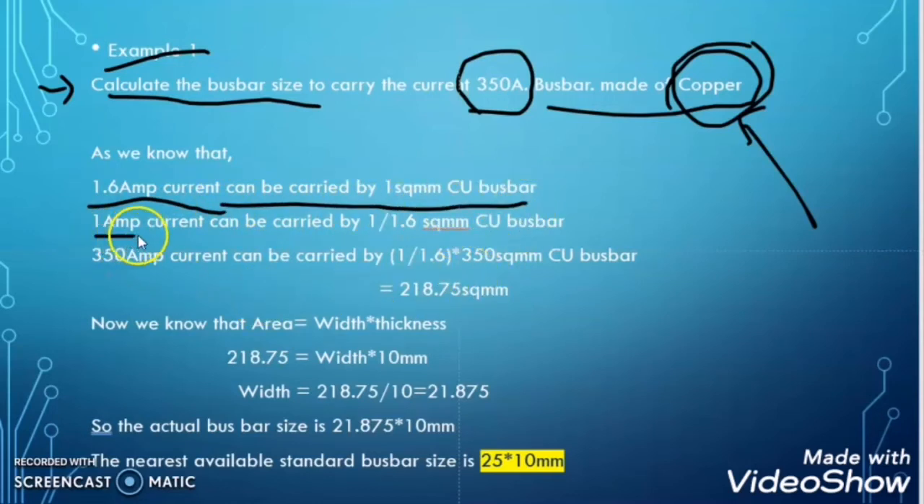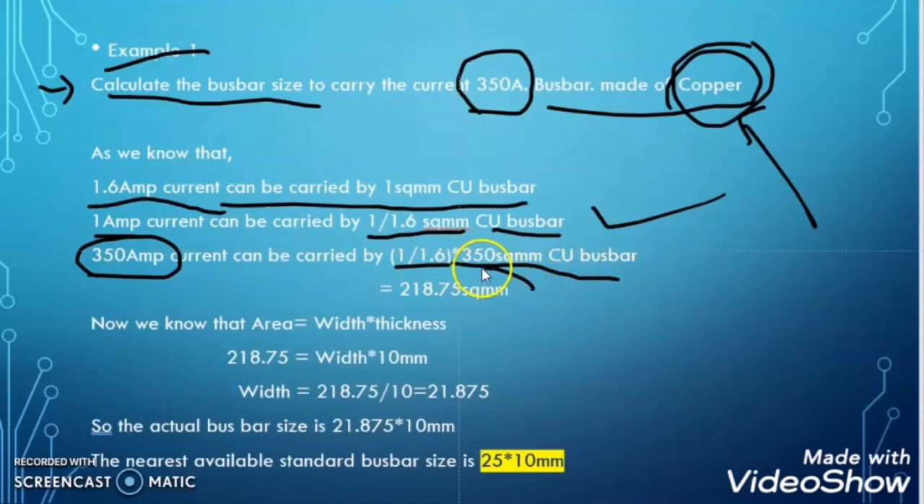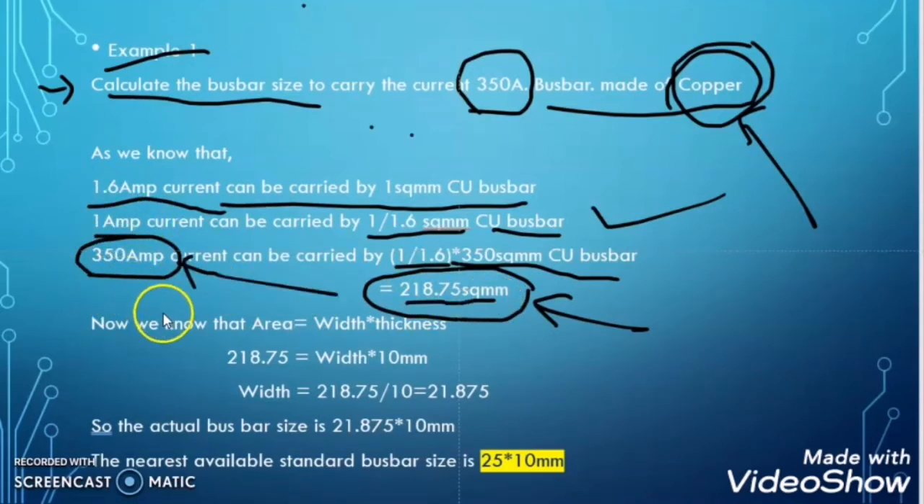Then 1 ampere current can be carried by 1 divided by 1.6 square mm of copper bus bar. Simple mathematics. Then 350 ampere of current can be carried by 1 divided by 1.6 into 350 square mm of copper conductor. When we calculate this, we come to the value of 218.75 square mm. So from the calculation we come to know that to carry 350 amperes of current we need a copper bus bar of